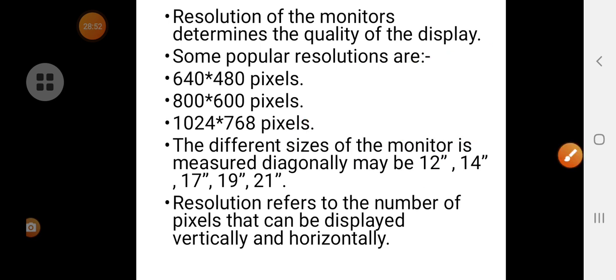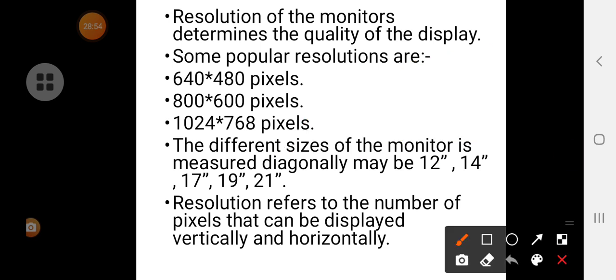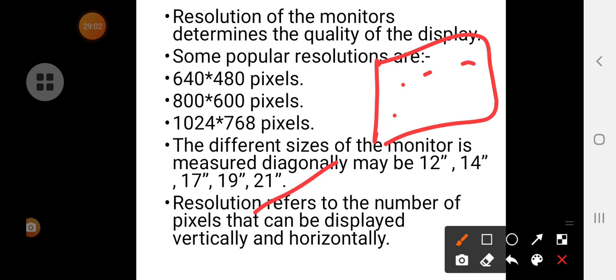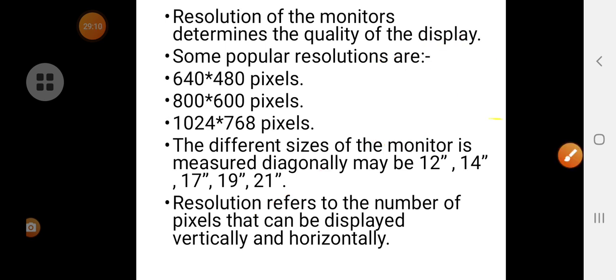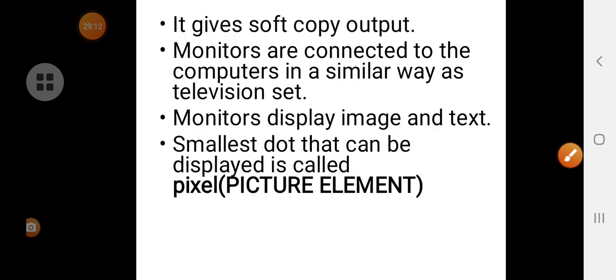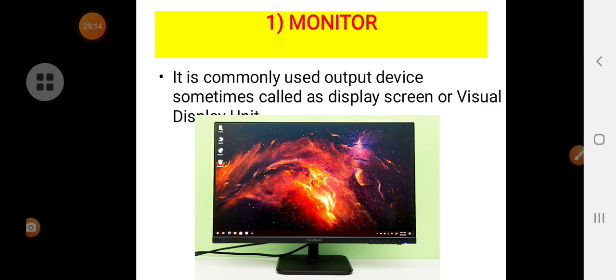Next, the resolution refers to the number of pixels that can be displayed vertically and horizontally. So the number of pixels which is displayed on the screen is called resolution. These are the key points which you have to remember when it comes to monitors.